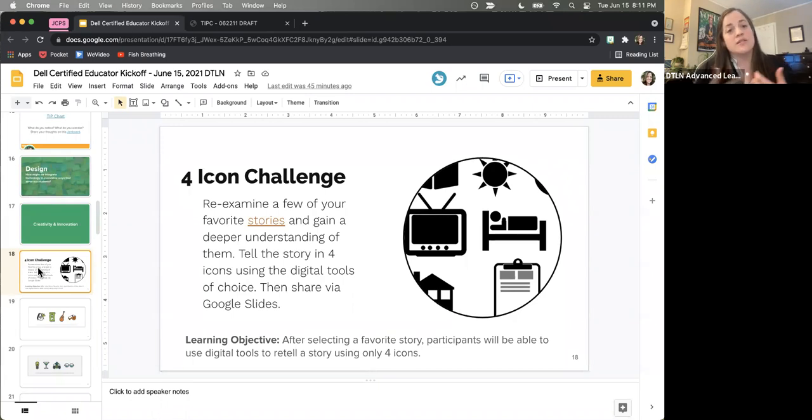And then you're going to try to retell the story, but you can only use 4 icons. I'm going to show you some examples so that you can see this. You're going to tell the story of whatever movie, show, or book with just 4 icons. Then we would put these on Google Slides so everyone has their own slide with their own 4 icons, and people can click through them and try to guess what the stories are. Let me show you an example, because it helps once you get some visuals.